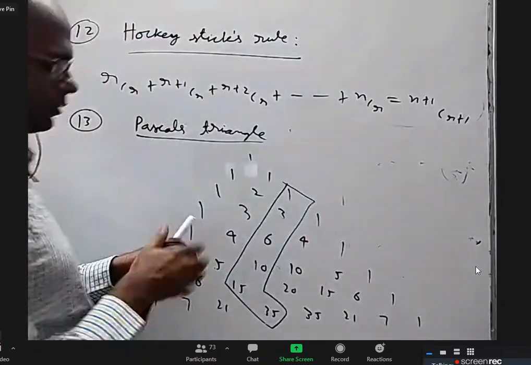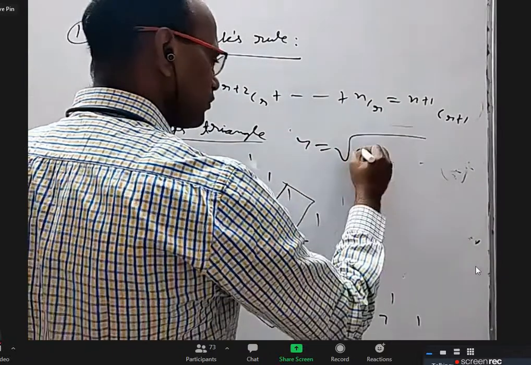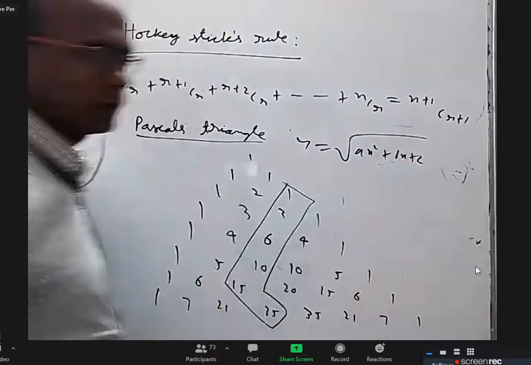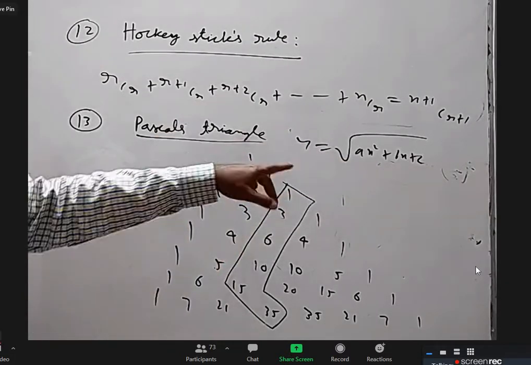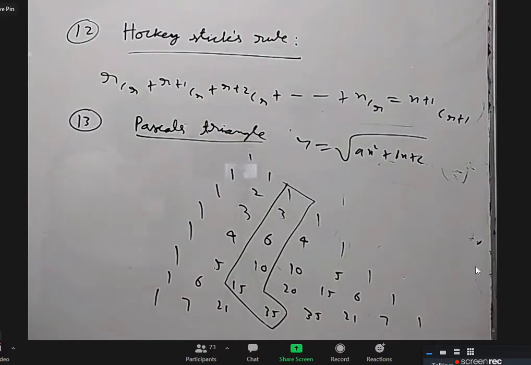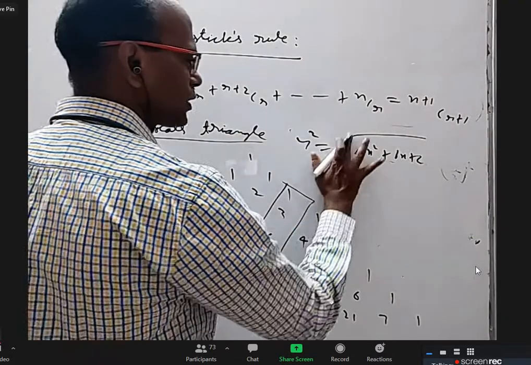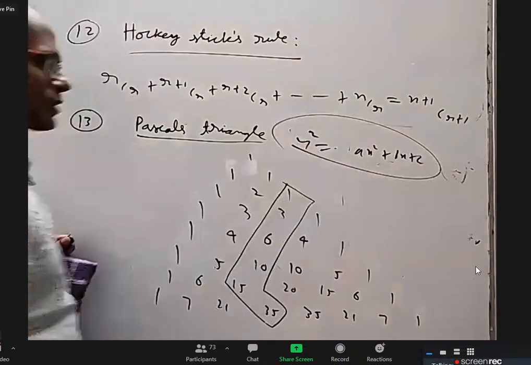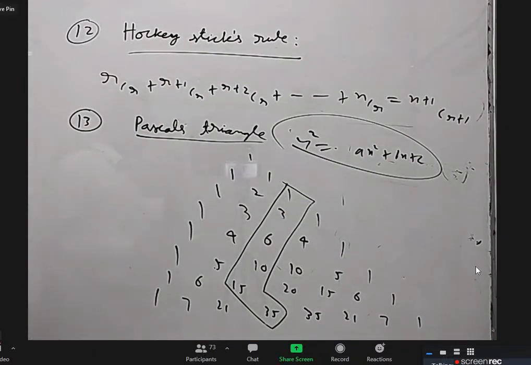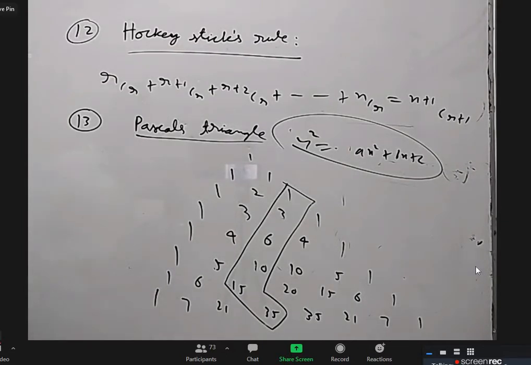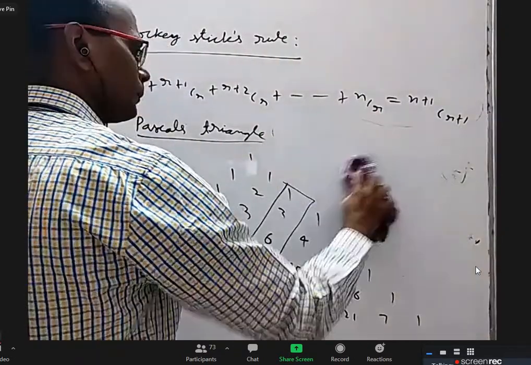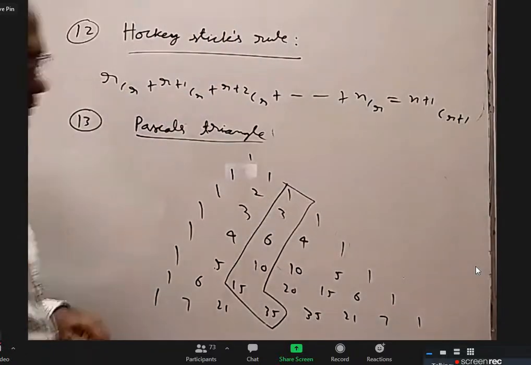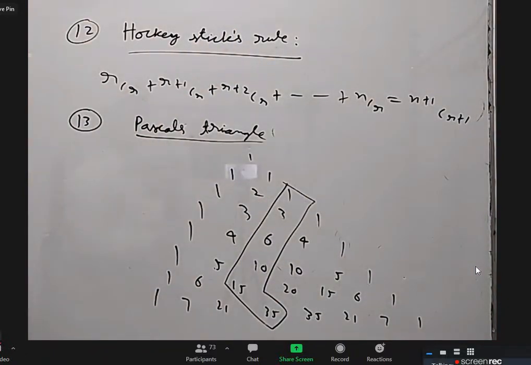If you take y is equal to square root of ax square plus bx plus c, the root of a quadratic, it can represent a circle, ellipse, parabola or hyperbola. Why? After all, when you square, you get y square equal to ax square plus bx plus c, a general second degree equation without an xy term. It has to be one of these four things, right? Yes, sir. And here it is not a parabola, so it is either a circle, ellipse or hyperbola. In a particular case, it is a circle. Anyway, that is just a side point.